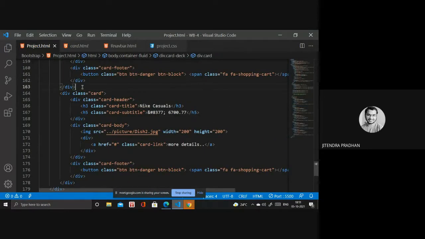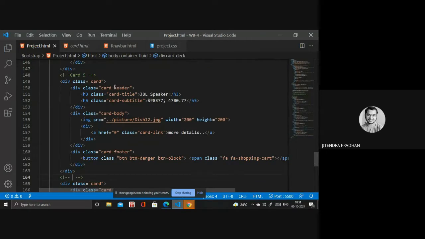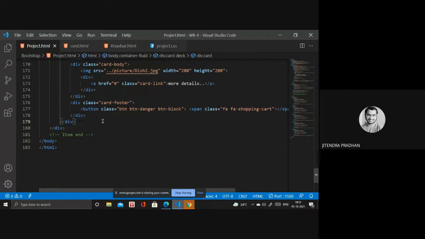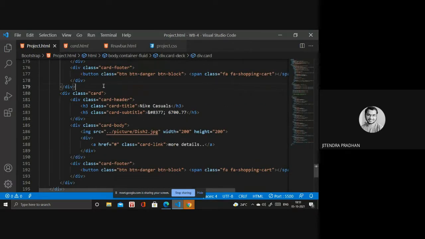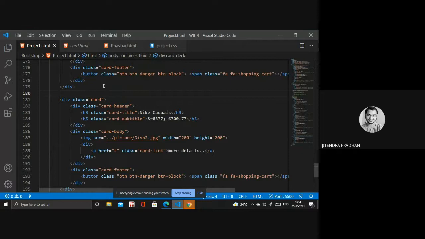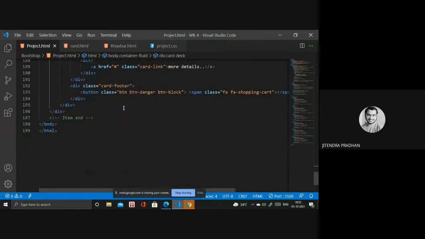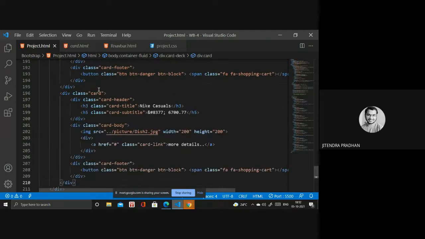Okay, and this one is card six, card seven, card eight. Card 8 and yeah 7, and we require another one. There are 4 items there, that's why we need another one.